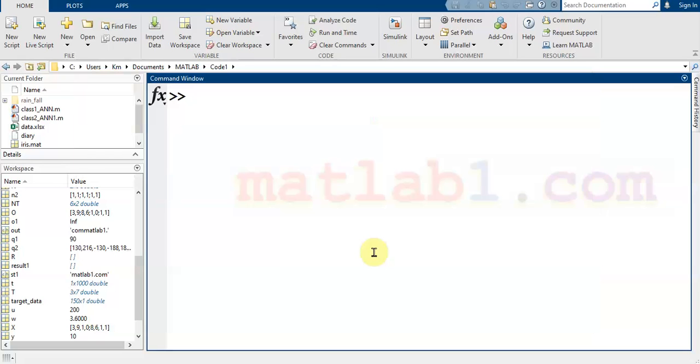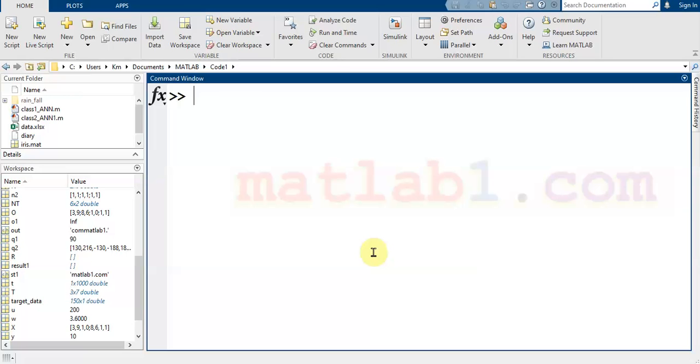MATLAB, similar to other programming languages, contains many functions for working with characters and strings. Because characters and strings are a building block for many programs, many applications, and many projects in programming languages. The first thing that you must know is that the character array and string array provide storage for text data in